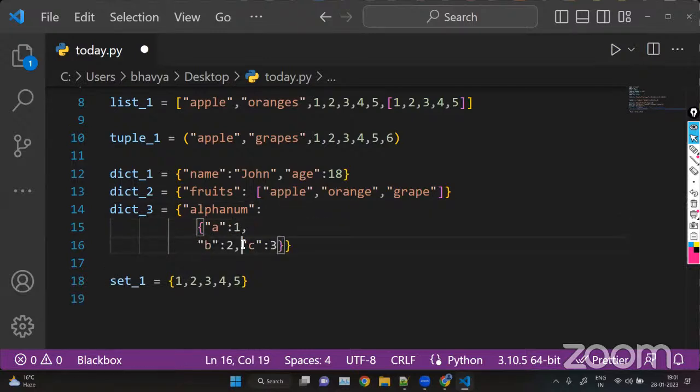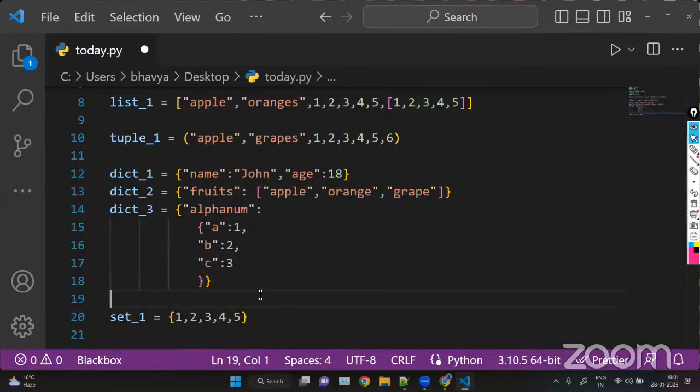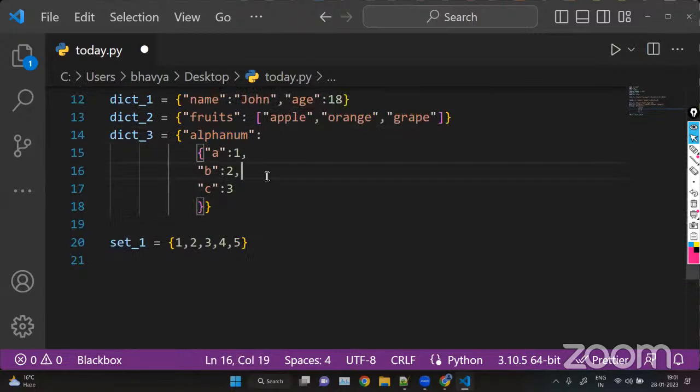We can write this like this. Okay. So here we are storing dictionary inside dictionary. Alpha num is a key and the value of this alpha num is another dictionary, that is this one. Okay, in which A is a key, 1 is a value. So in this dictionary, we have 3 key value pairs. And in the outer dictionary, we have only 1 key value pair. Okay,